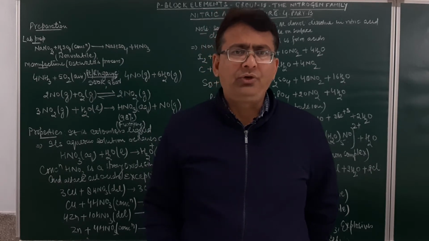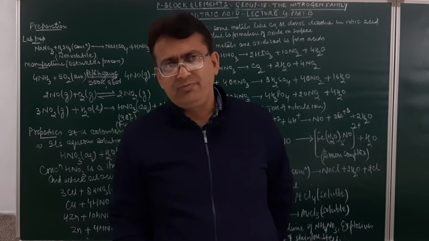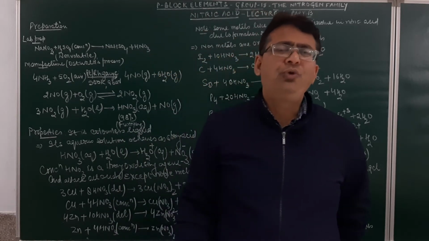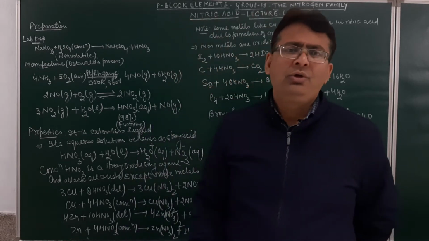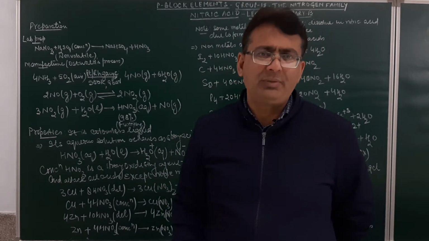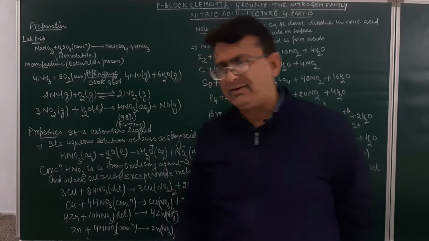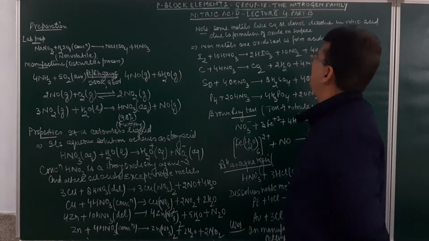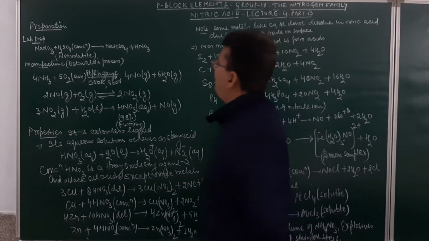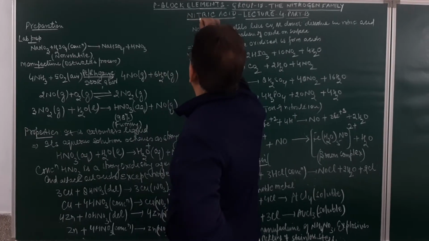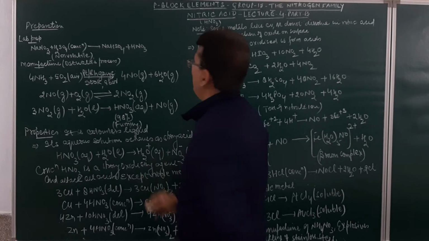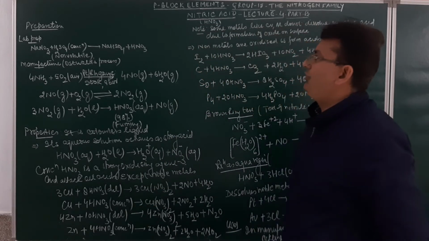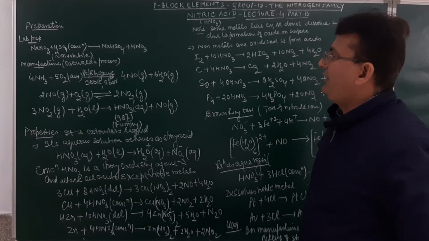In our previous lecture on the compounds to be discussed in group number 15, we have done with you the phosphine gas. Now, the another compound we have to discuss in group number 15 is nitric acid. What is the formula for nitric acid? It is HNO3. Am I clear? Now, how do we prepare the nitric acid in laboratories?